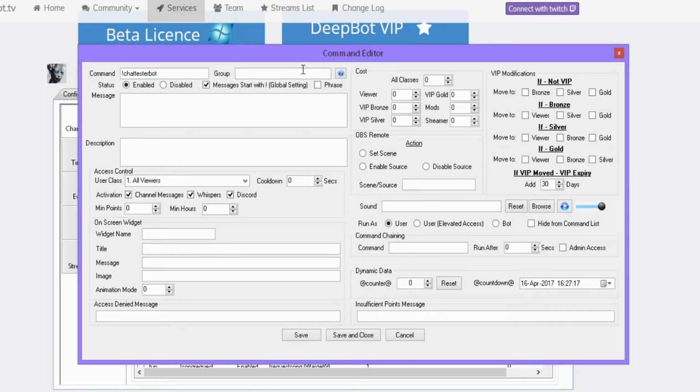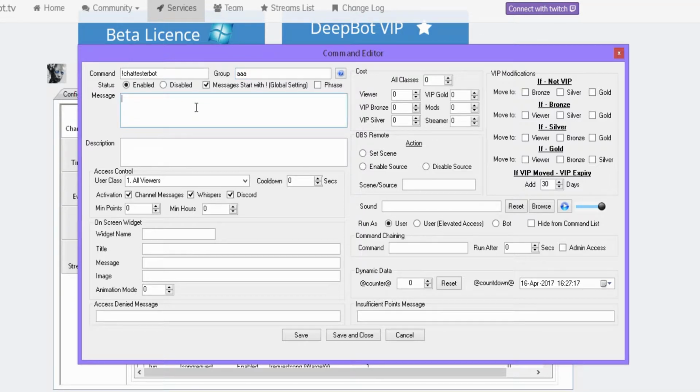Group, I would suggest to make a group for this. So I'm just gonna make it as AAA. That's probably not a good group name. You can name it as user sound effects, something like that, or join sounds, or custom join sounds, something like that. So they're all in a group in case you have like 20 people who want this feature